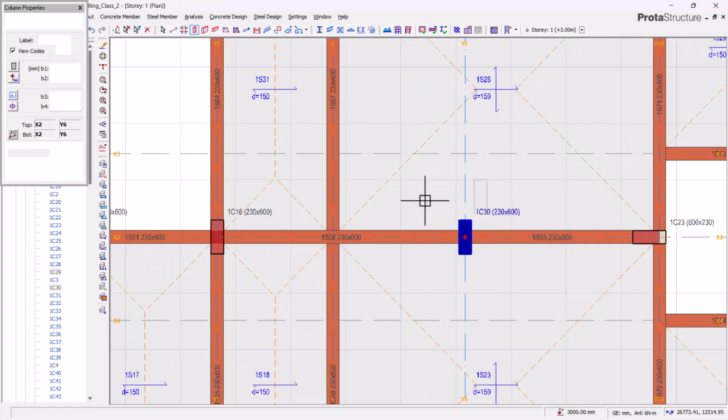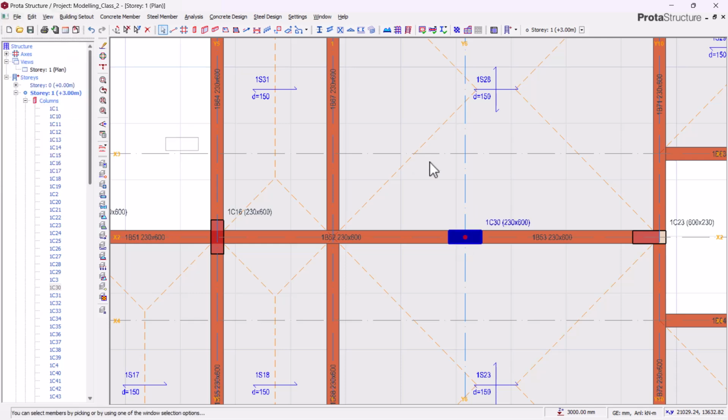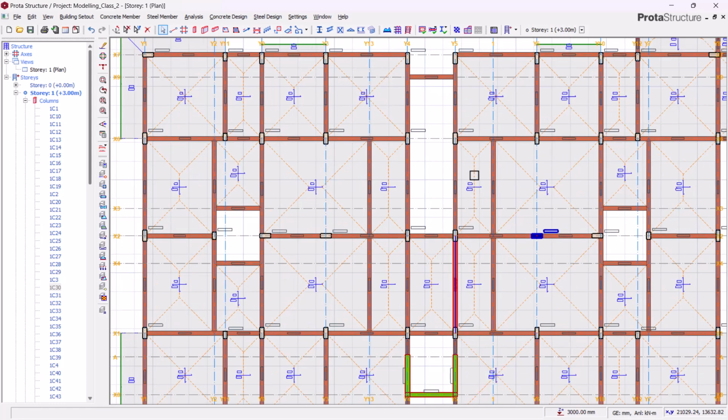We'll come to properties, we change this to 90 degrees, we update and we close. Okay,